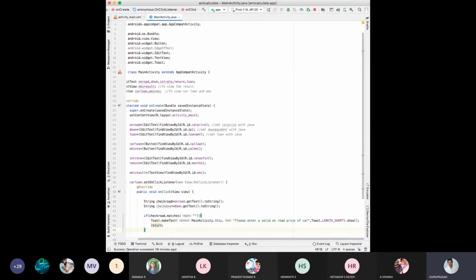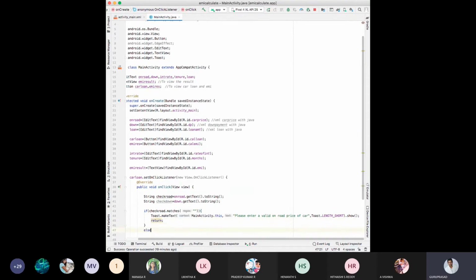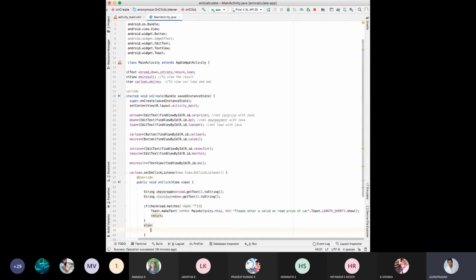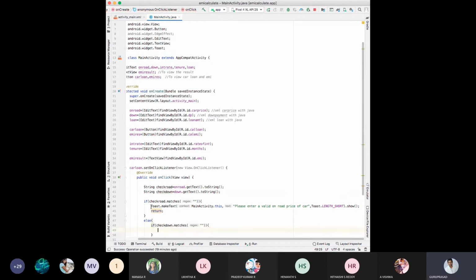Else, okay, else if my check down payment, we are checking the down payment edit text also matches the null, I mean if it is null then it should say the same thing.